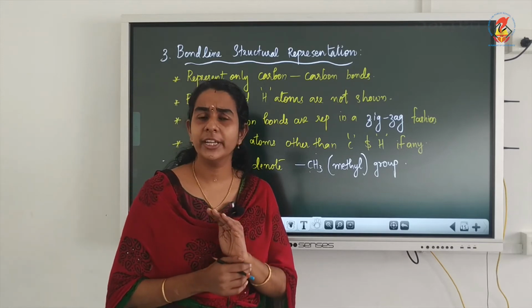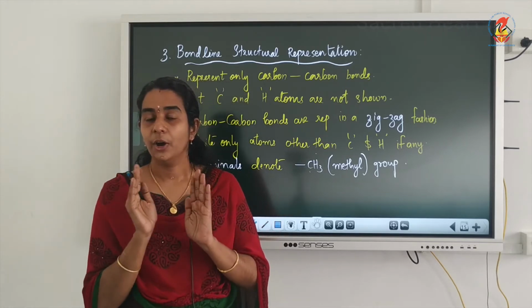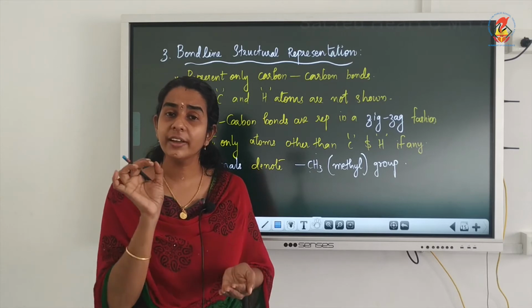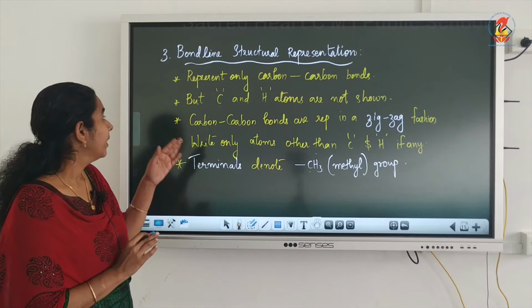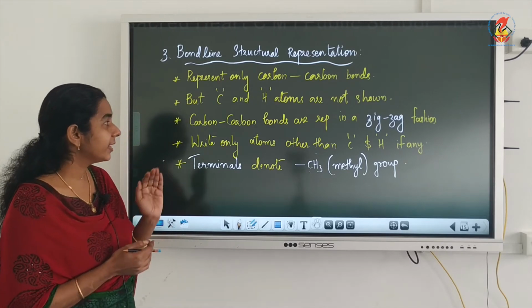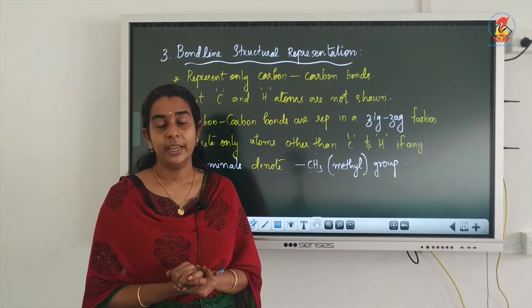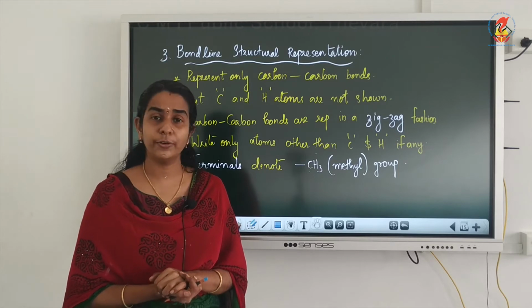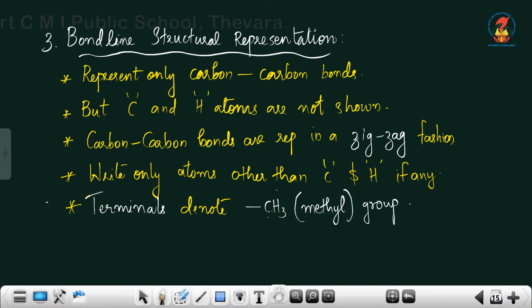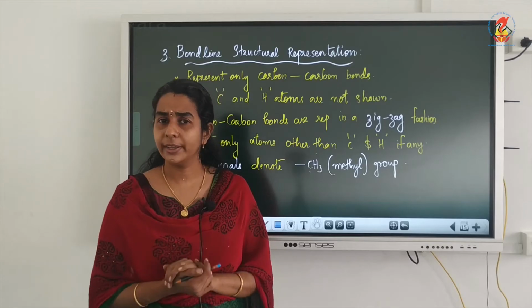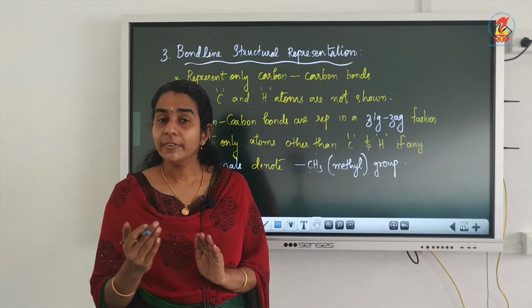Carbon and hydrogen will be completely omitted, which means we never write carbon and hydrogen in bond line representation. Now the third point is, the carbon-carbon bonds will be represented in a zigzag fashion, that we will see later. Now, write only atoms other than carbon and hydrogen, like heteroatoms, only those will be represented,